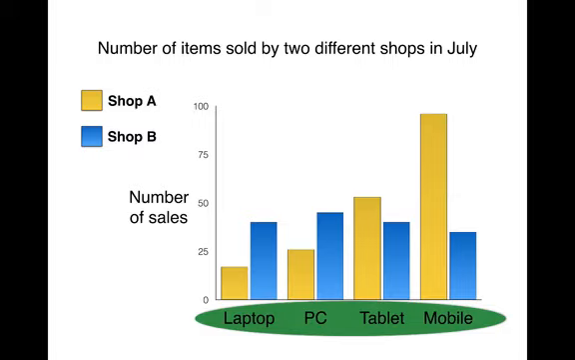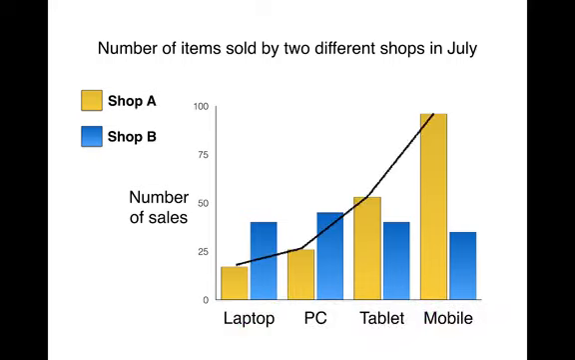If you drew a line like this, it would be wrong. You can't say laptop increases to PC or tablet increases to mobile. We can't talk about changes over time here. What we can do is compare A and B, Shop A, Shop B, for one item. So compare those two, you would say something like the number of laptops sold was in Shop A and in